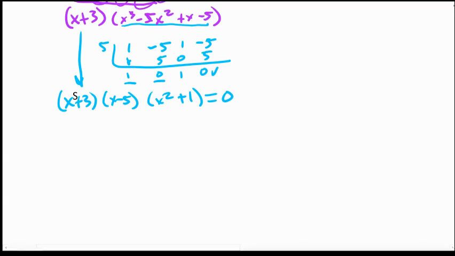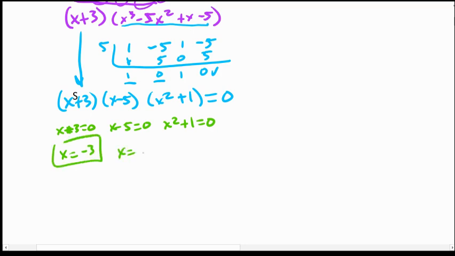Now I can solve this by setting each factor equal to 0 because I was asked to find the roots here. So when is x plus 3 equal to 0? When is x minus 5 equal to 0? And when is x squared plus 1 equal to 0? So this becomes a solution, this becomes a solution, and this one becomes